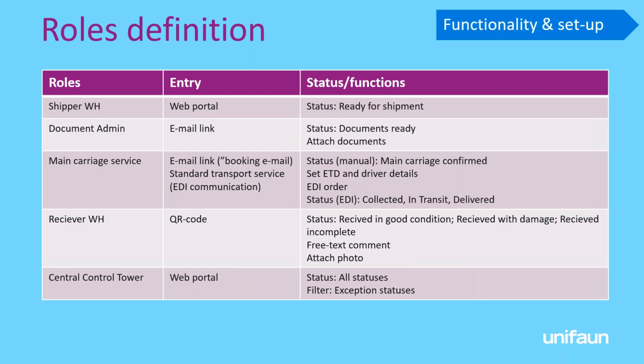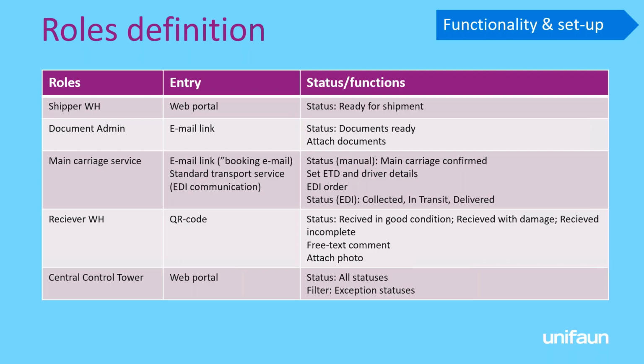The receiver, as I mentioned before, should be able to confirm that the goods have arrived, and we will use a QR code function for that. So there will be a QR code on the document that they can scan with the smartphone app. And using the smartphone, they can then set a status. They can confirm that they have received the goods in good condition, or they can report the damage if